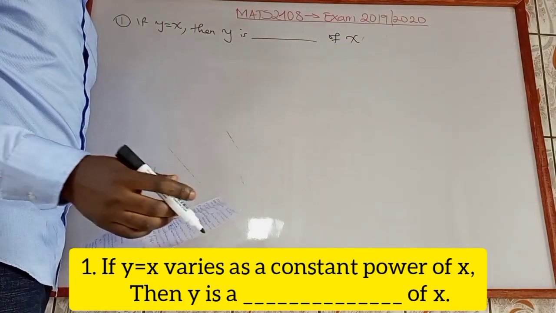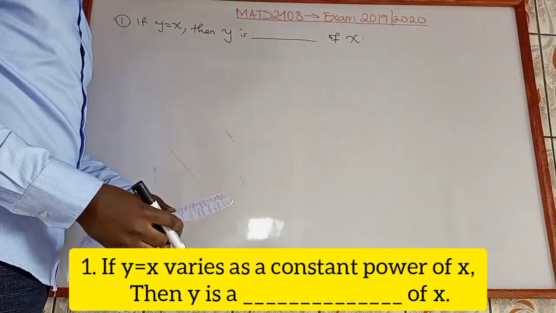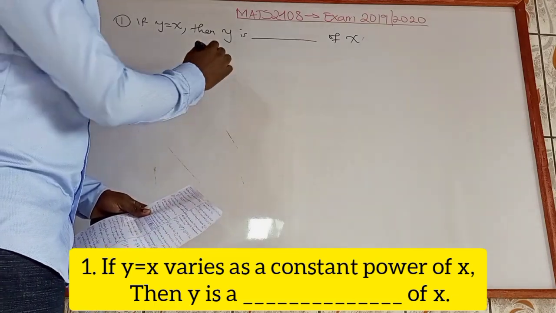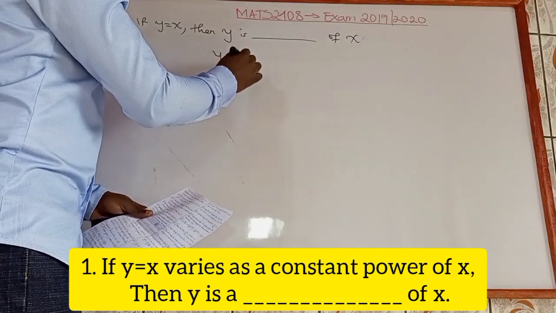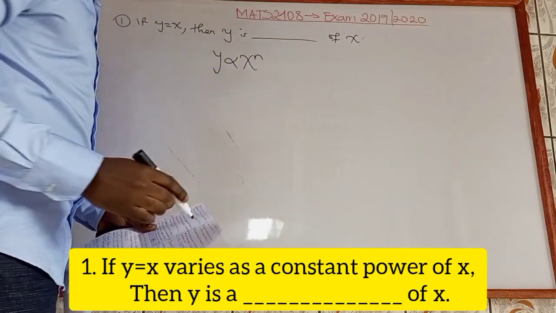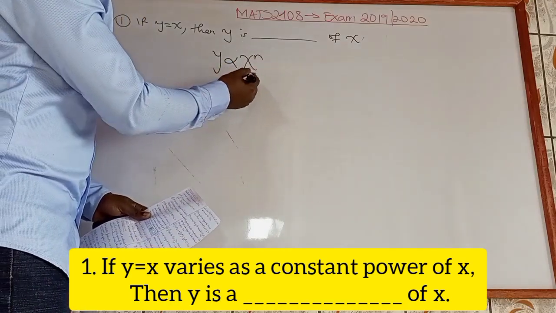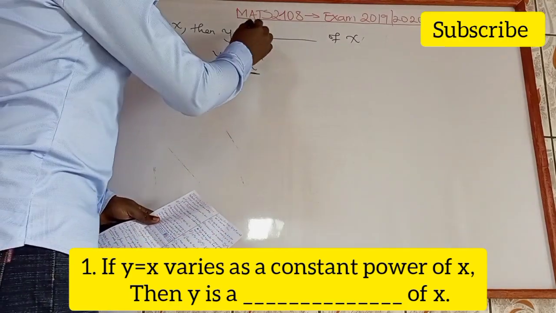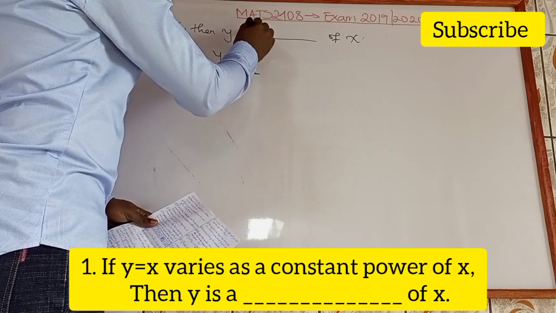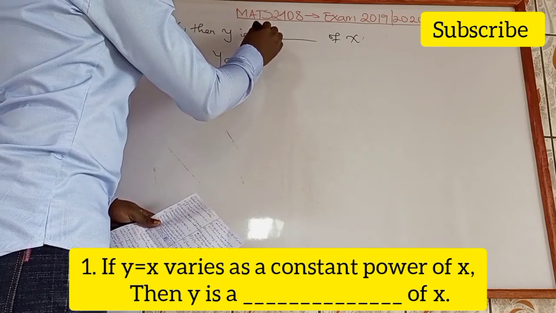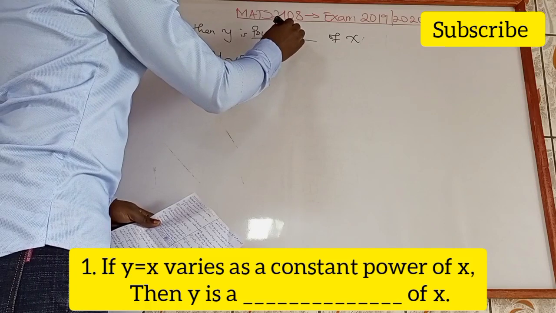Now, to analyze this question, it is pretty easy. If y varies as a constant power of x, it simply means that y is a power function of x. So what we have here is that y is a power function